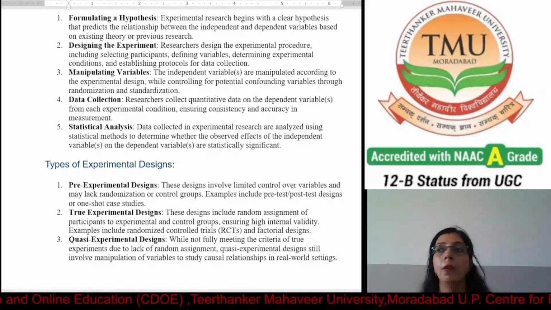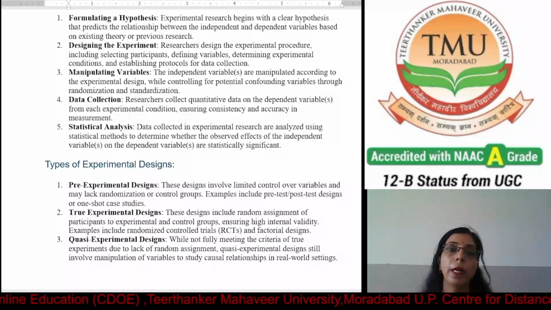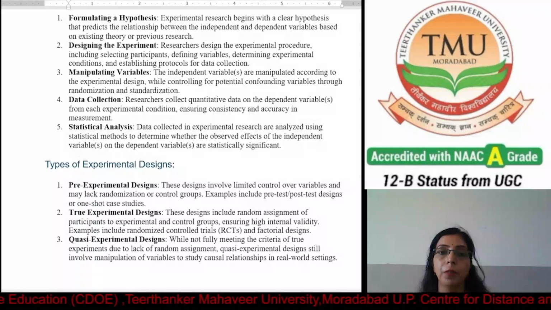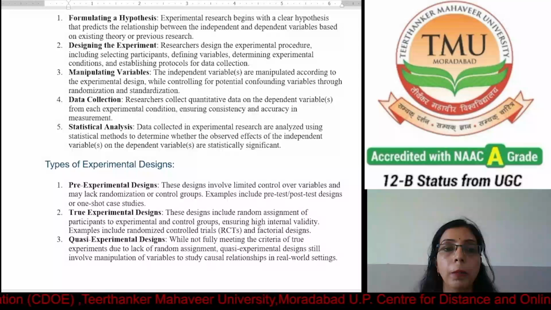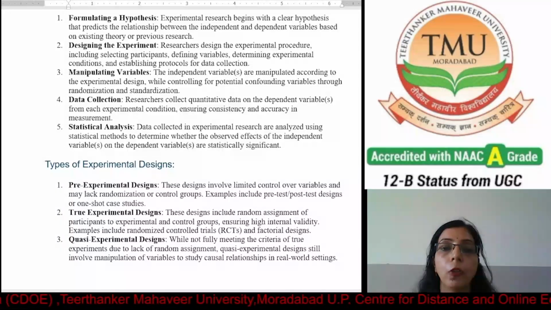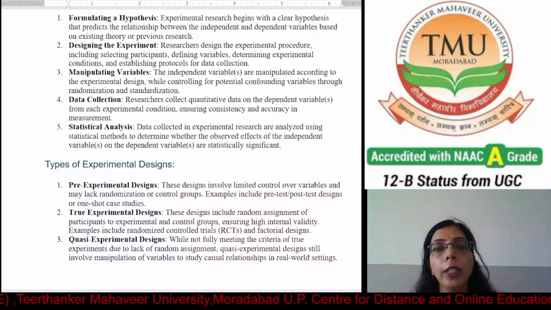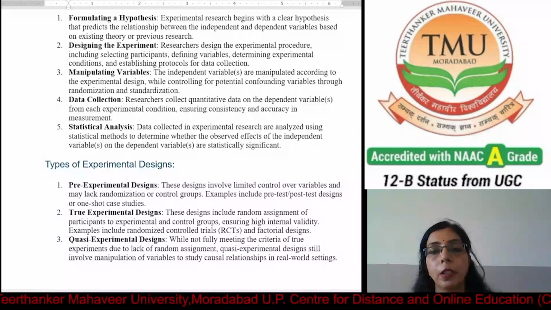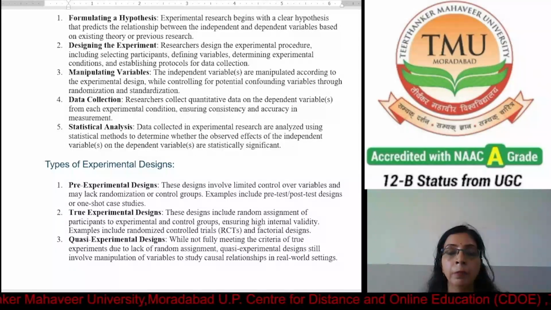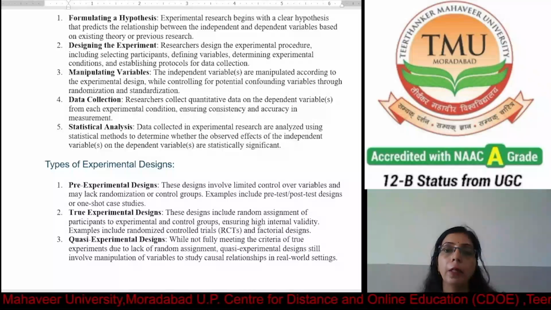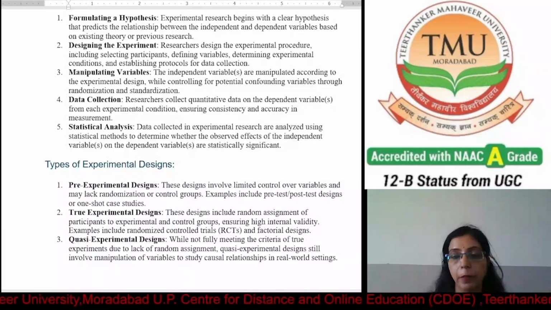These designs resemble one another from the point of view of purpose and their adherence to the principles of experimentation. They differ in the degree of accuracy with which they attack the problem or meet the essential criteria of control, manipulation, observation and replication. So no design solves all the problems. The nature of the problem determines which type of design is most appropriate and applicable, and how the design should be used to meet the requirements of the experiment.